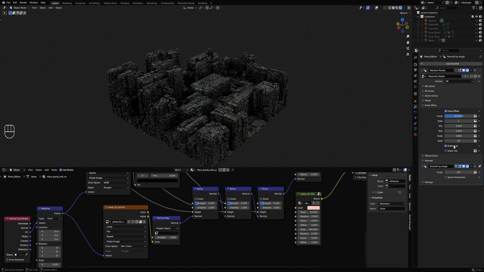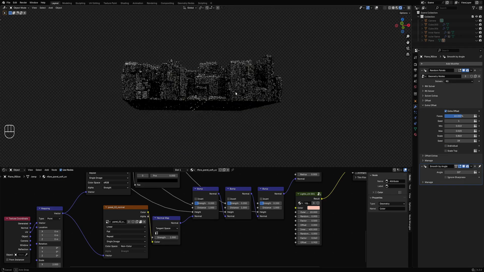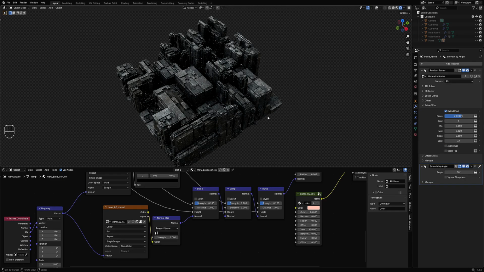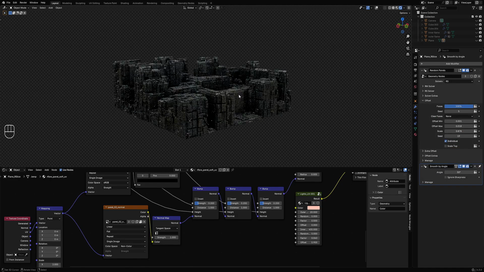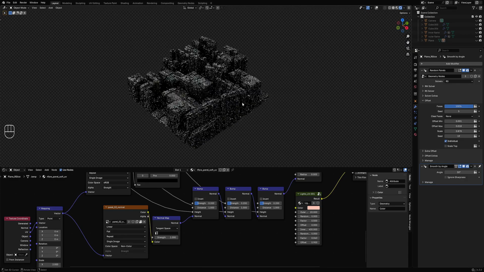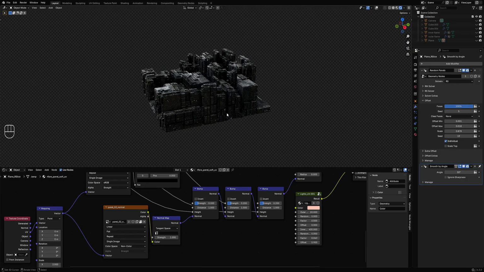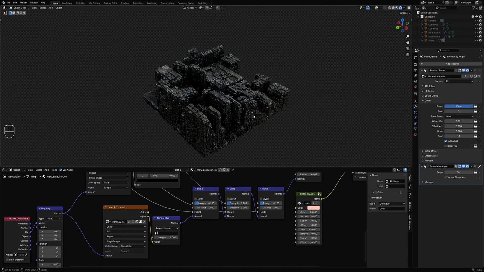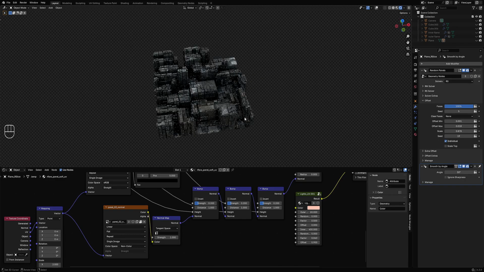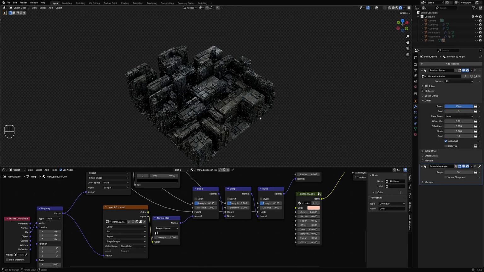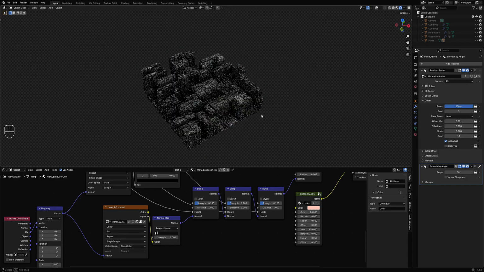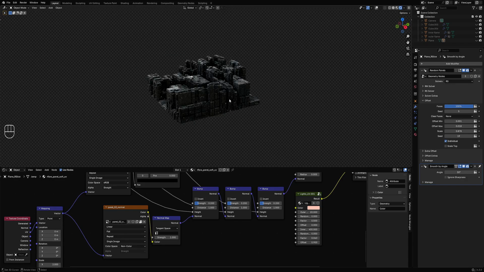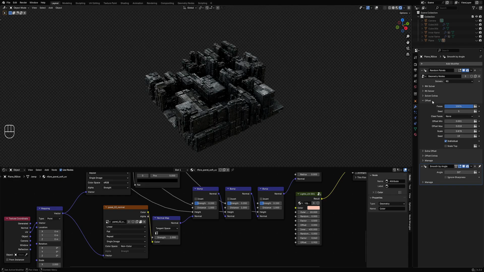And we can also use individual just to break apart some of the faces that are being extruded. So let's go to offset and set individual. So you can break apart the islands, the individual faces, and get this look right here, just to get more details out of the mesh. Okay, so